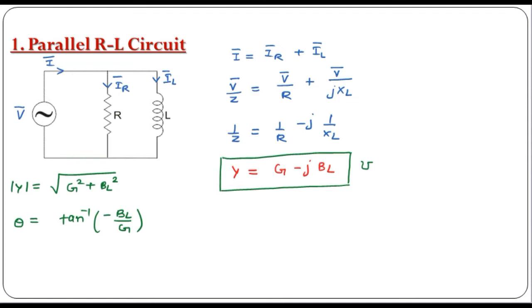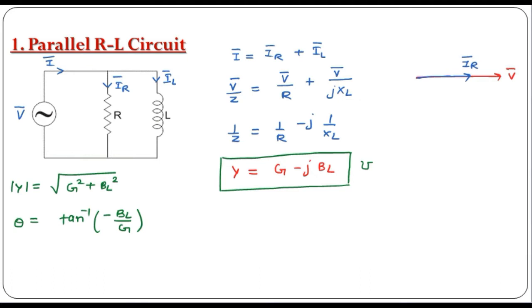Okay, now let us draw the phasor. So यहाँ पे क्या है, R और L पैरेलल में कनेक्टेड हैं एंड वोल्टेज इज सेम. Okay, so let us consider the voltage as a reference. So this is V phasor. Okay, now let us draw the current phasor. So IR is the current flowing through the resistance, and we know that in case of resistance, voltage and current are in phase. It means जो IR current है, it will be in phase with V phasor. So this is IR phasor.